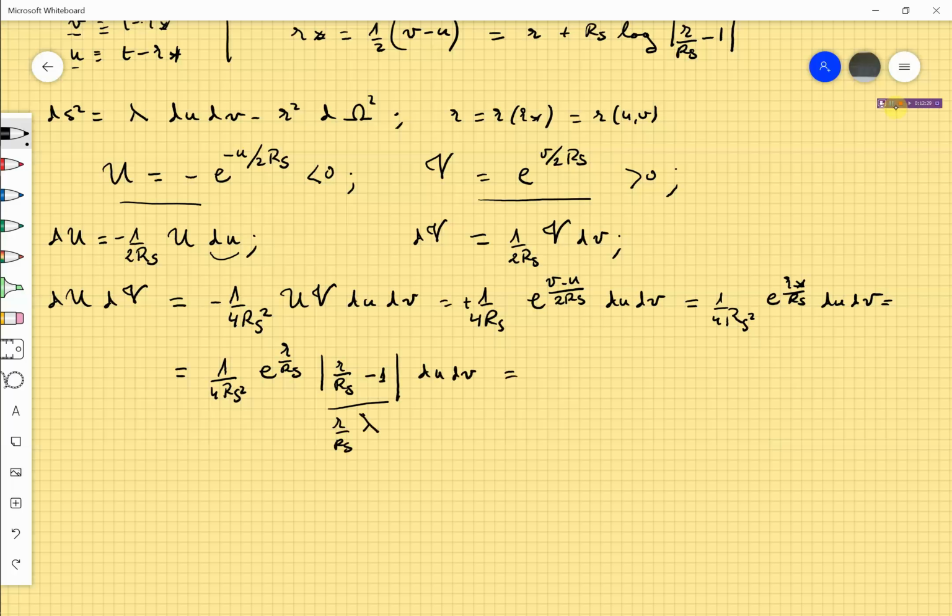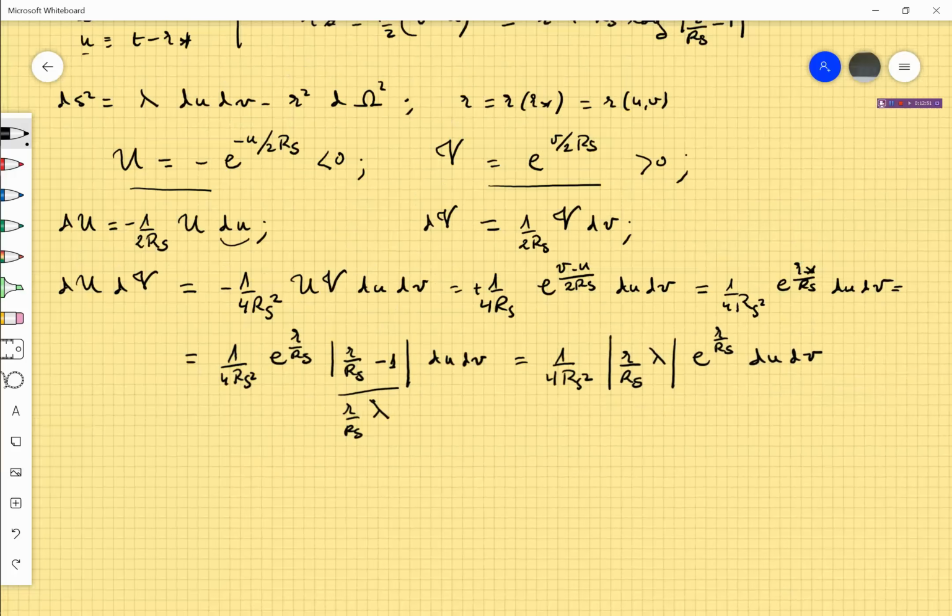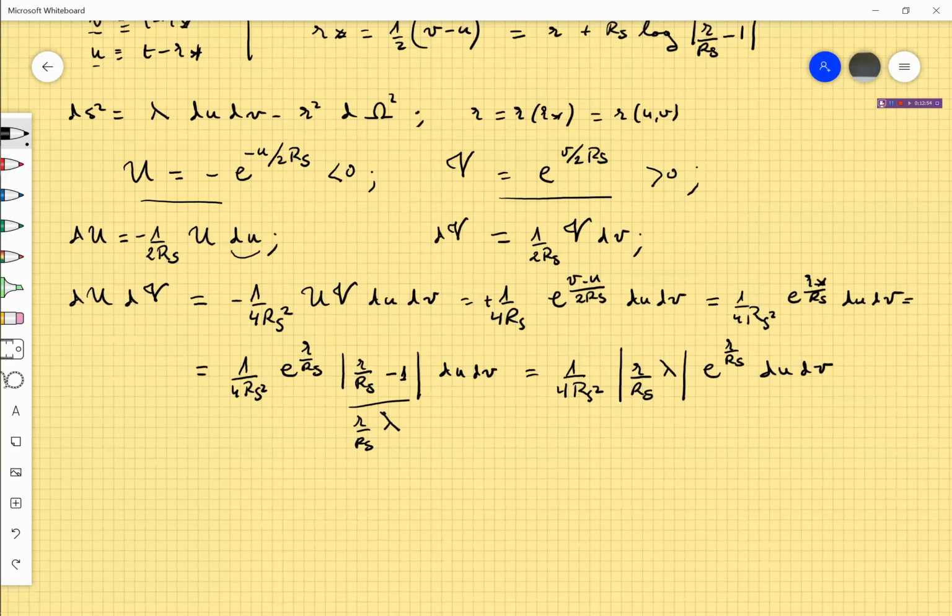Okay, so we take this outside, and this is 1 over 4rs squared, and the absolute value of r divided by rs lambda, the exponential of r divided by rs dU dV. And now we go with this to this expression where there is a lambda,